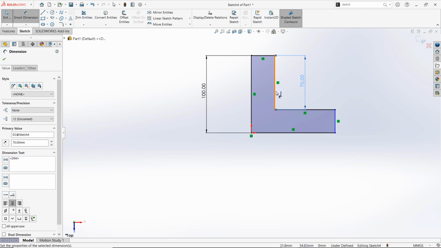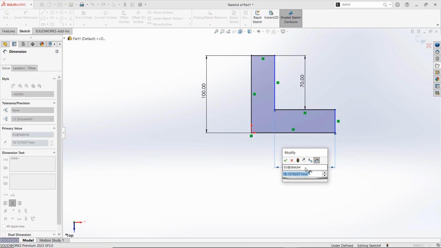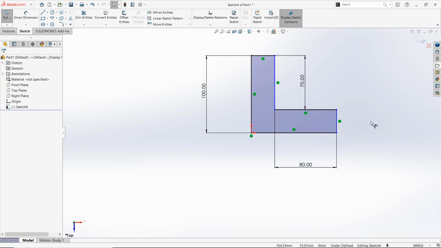Next up, the dimension from this point to this point should be, I'll try and position it smartly as well. That'll help me later if I want to create a drawing of this part. I'll position that there, and that should be 80 millimeters as well. So I've now got my shape, I've got the key sizes that I wanted in on it, but notice now